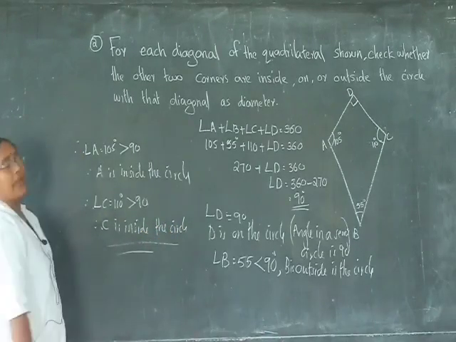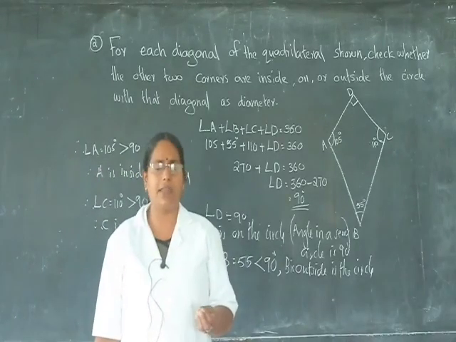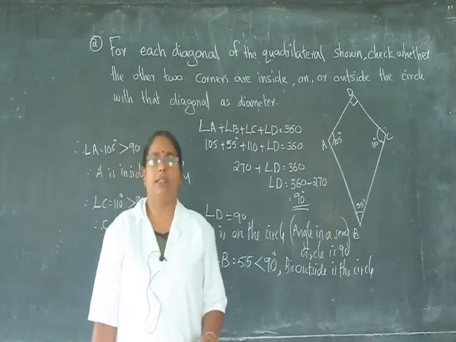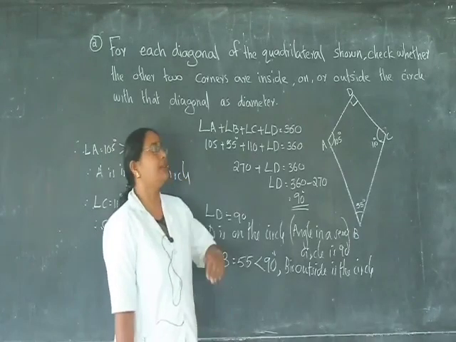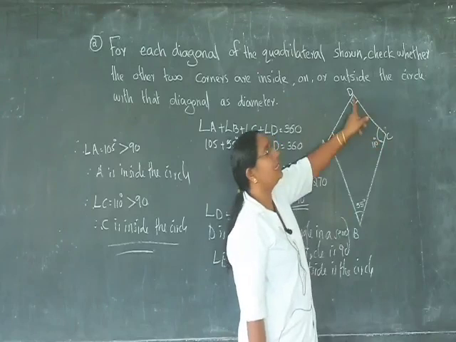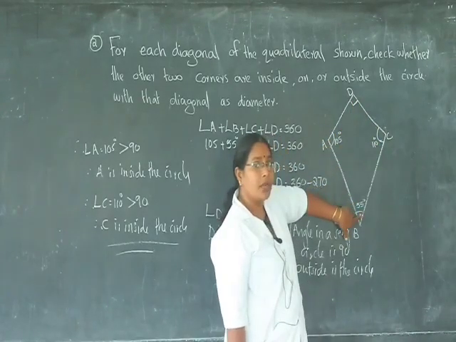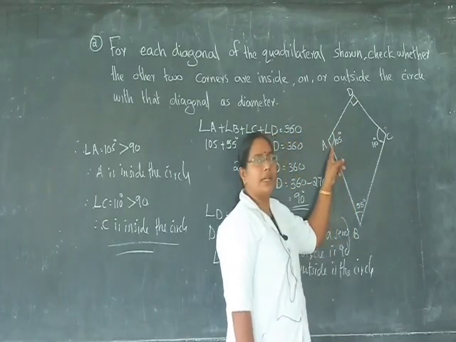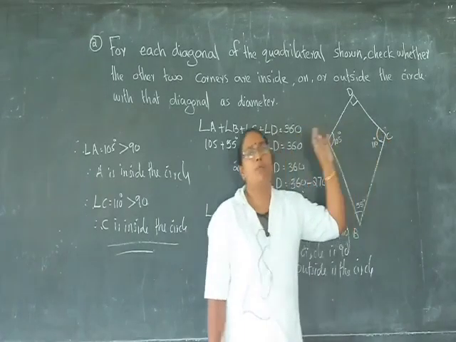Therefore, the question answer is over. It is only a very simple question. Look, 90 degrees, therefore on the circle. More than 90, inside the circle. Less than 90, outside the circle. This is the reason. Now look at the first step: AC is a diameter, D is 90, therefore on the circle. B is less than 90, therefore outside the circle. With BD as a diameter, A is more than 90, so inside the circle. Angle C is also more than 90.